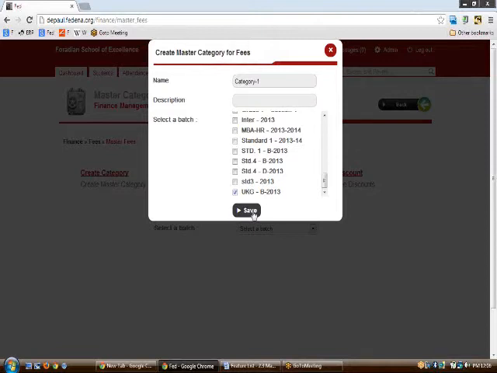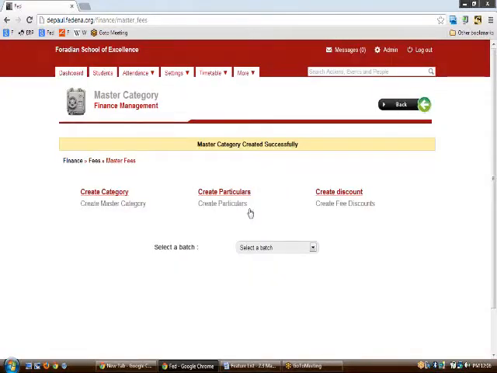In this particular category, you can just go on and create particulars into it, which is the next step of the fees.